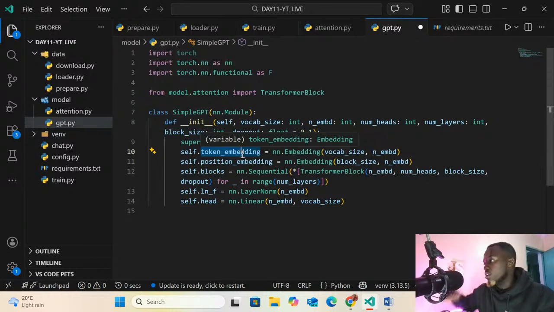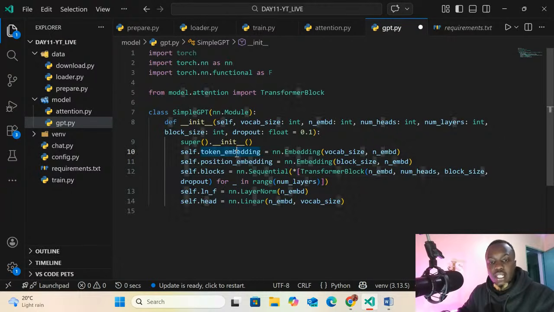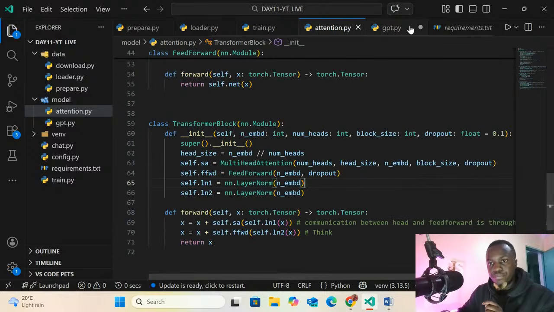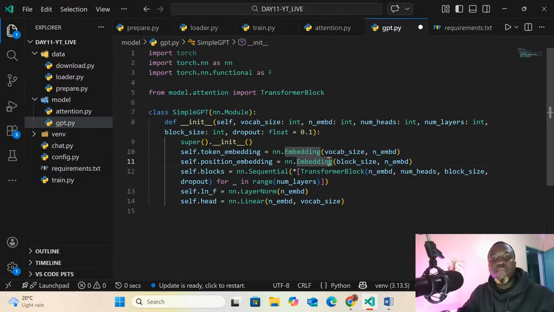Self dot token embedding here, which is basically going to map the token IDs that we defined in our attention file. So right here, we are going to use the PyTorch NN module, in which we are going to embed size and the number of embeds here.